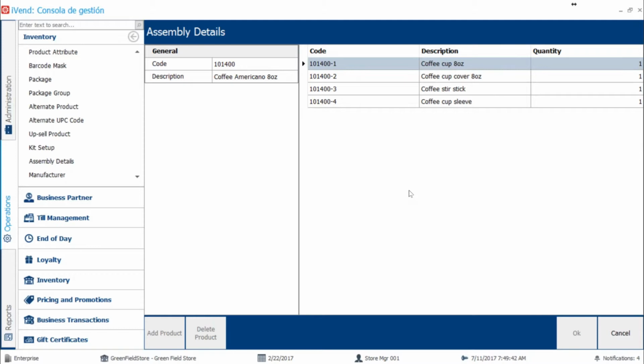So this is how you build your assembly in iVend, and that's how you have control of your, let's call it, the raw material. Of course, you can have here the coffee, 8 ounces of coffee, maybe water, cream, whatever. This is just an example. So let's look for the end product,